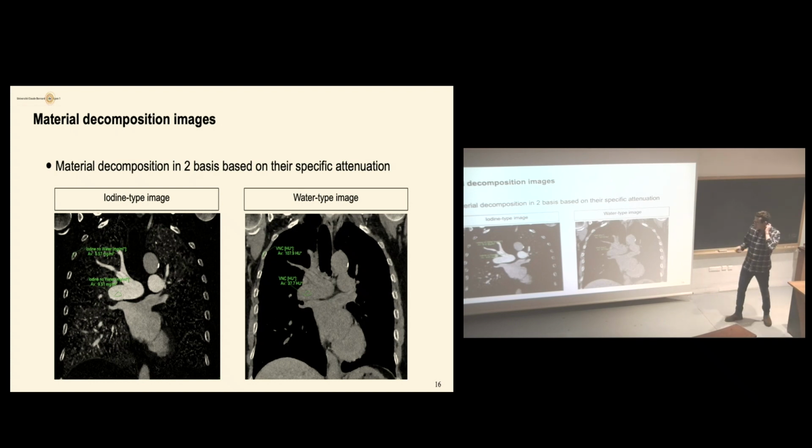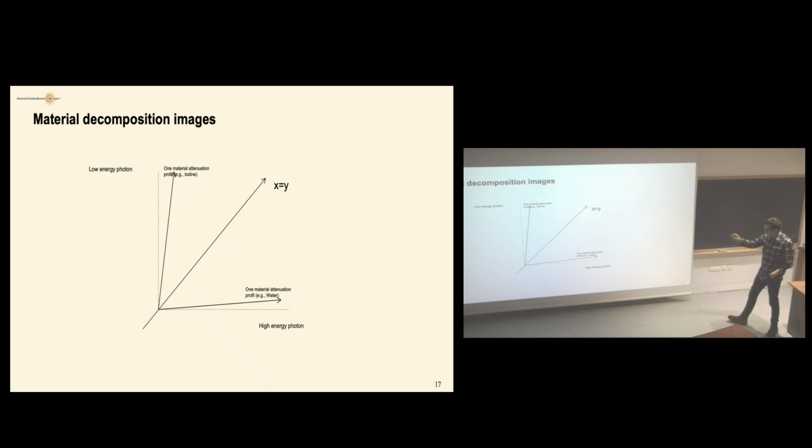But nevertheless, a comment. As a user here, I don't care about the bone because bones are not in my lung and I need information about the lung. But it could be a real limitation when it comes to calcification, look within the aorta, because you see it on both sides, which is a wrong material decomposition. So why? Let's look at this.